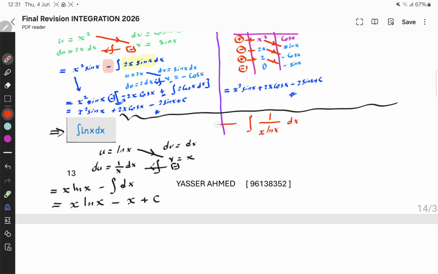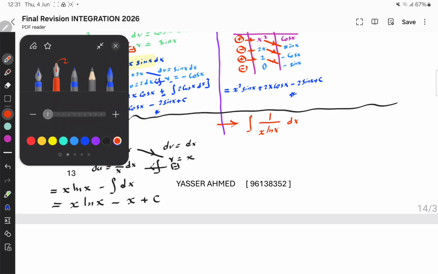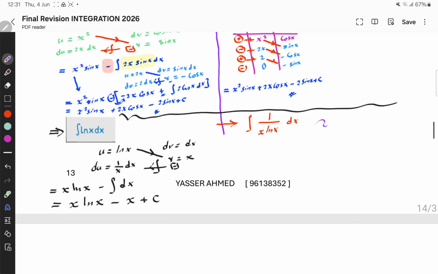In this question, we cannot use parts. Why, Mister? Because I have a product in the denominator. So, we just need to pay attention to that. Everyone knows we can write that question as an integral of